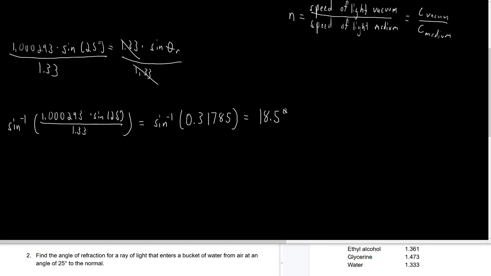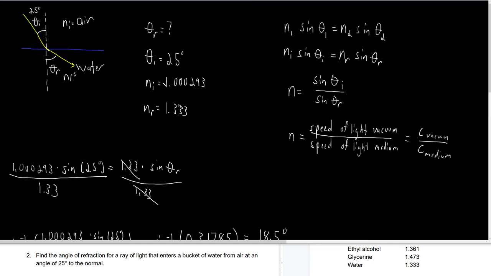18.5 degrees. Coming back up here, the angle of refraction we found to be 18.5 degrees. So we had a change of 6.5 degrees, which is pretty substantial for light going from the air into the water. It bent quite a bit. Once again, the big classic example of where this is useful tends to be bow fishing, using a bow and arrow to fish. This shows you that you actually should aim